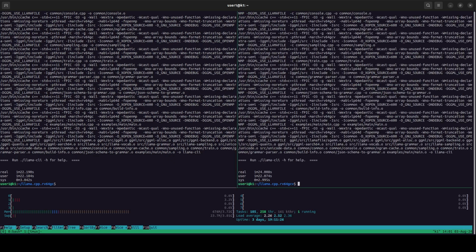So here you can see that I have already compiled llama.cpp for the vector extension as well as for the scalar extension. It takes about 1 minute and 22 seconds and 1 minute and 24 seconds on the vector extension. On the left side you can see that I am using the RISC-V Scalar extension, which can be denoted by RV64GC, and on the right side you can see that I am using the RISC-V Vector extension to compile, which is